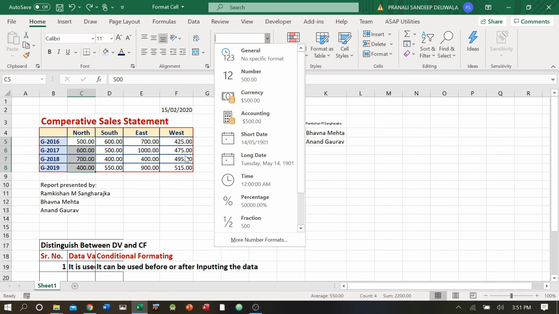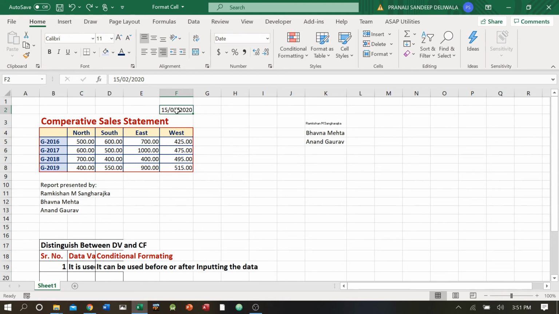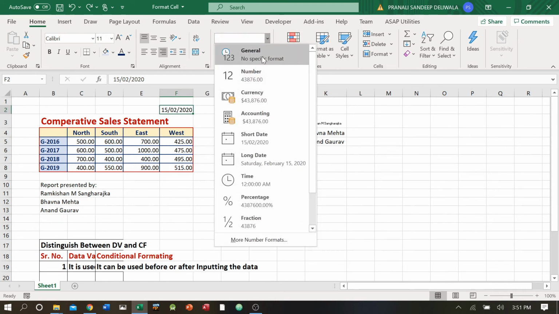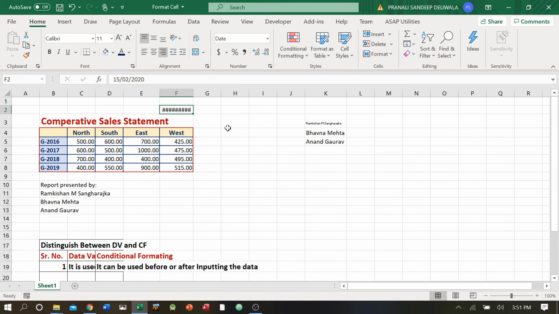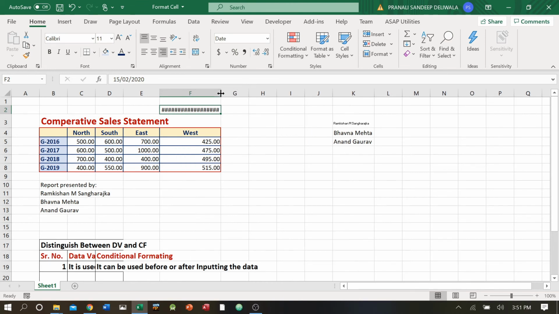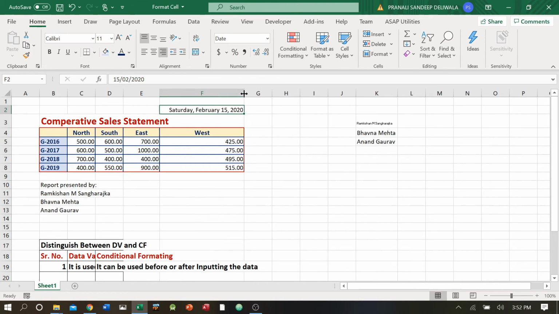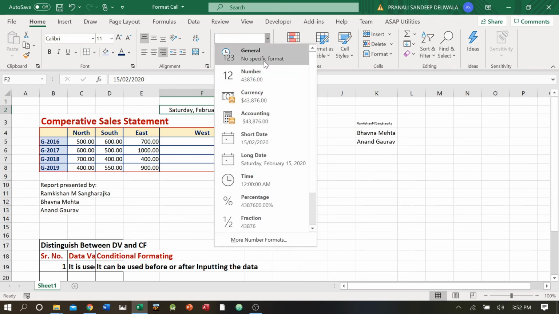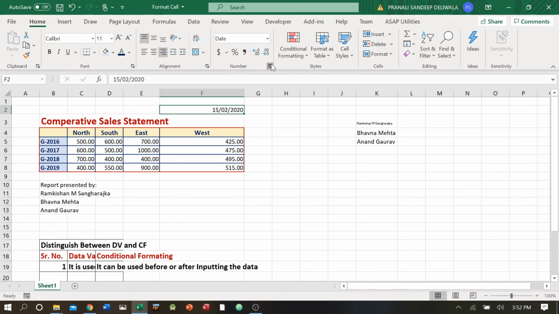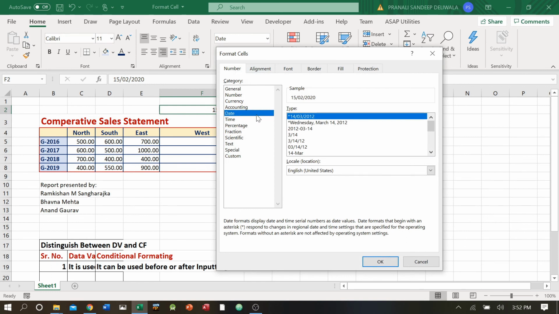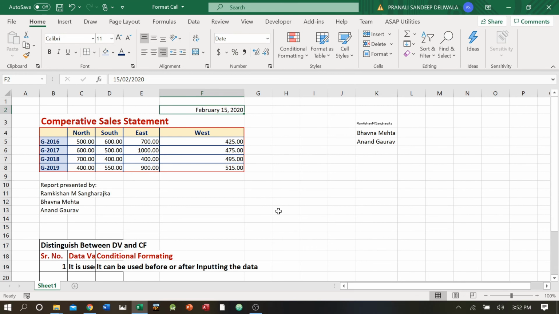Like you can see here, I'll go here and I can directly select some date. I'll say long date. Okay, I need to increase the size. Okay, it will show me the long date. I'll go again and I'll say short date. So I have short date. You can do same thing from here also. From date here, you can select it. It shows how the date is going to look. Okay, there are various options available. Okay, you can select any one of them and say okay, it will show you the date.